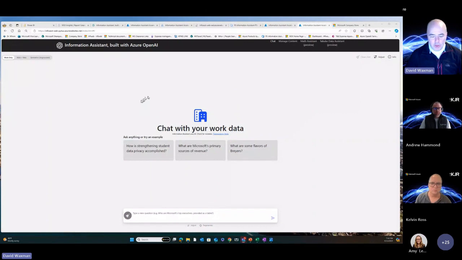All right. So when we provide access to the information assistant, again, we'll be providing it through a public GitHub. You'll be getting access to all of the code. It'll be provided through a scripting language, in this case, Bicep and/or Terraform. And the idea here is that what you do is you fill in a few variables, you click Make Deploy, and within 35 minutes, you're going to have what I show you up and running within your tenant.